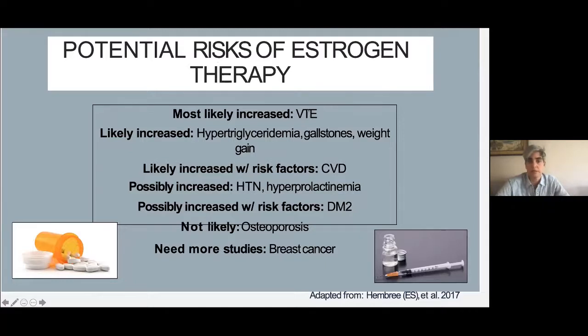Most likely increased venous thromboembolism. This is different than testosterone. There is an increased risk, okay? Likely increased triglycerides, gallstones, weight gain, likely increased cardiovascular disease, maybe, but like strokes, it's the strokes that are likely